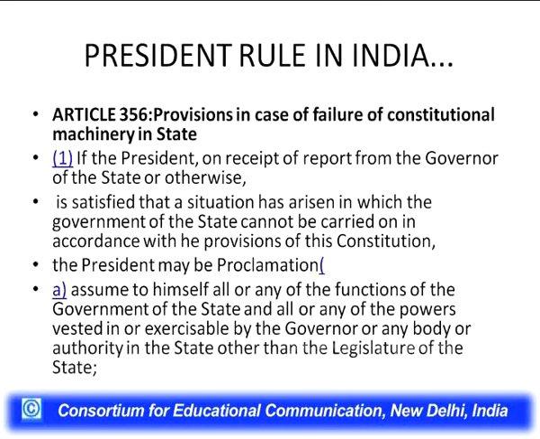So, if you see the provision in clause 1 of Article 356, it says that the President is empowered to impose President's rule or issue a proclamation under Article 356, but how will he do that? For this purpose, the condition precedent is that it has to be either on receipt of a report from the Governor of the state or otherwise. As far as the term 'otherwise' is concerned, it indicates that it can be suo motu also.